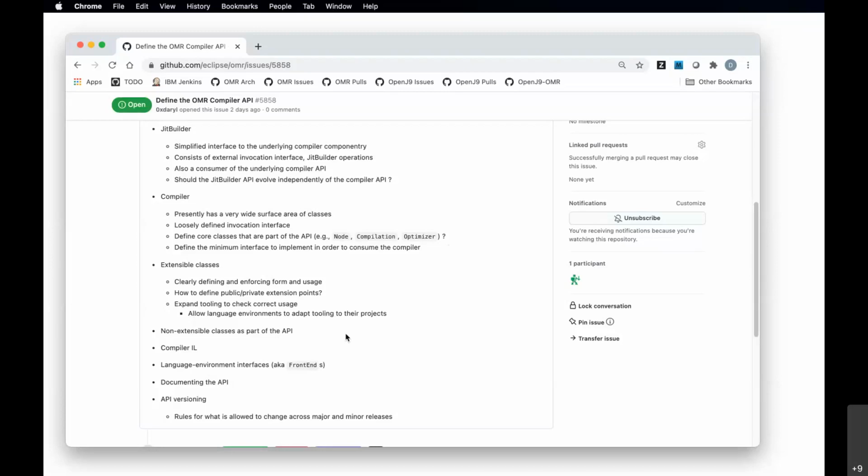But what I'm saying is that perhaps the front end interface, if I can call it that, or the interface to the language environment from the perspective of the compiler, should also be part of the API as well, because it's a means for the compiler to ask questions of the language environment using a consistent interface and expect to get some kind of an answer back.